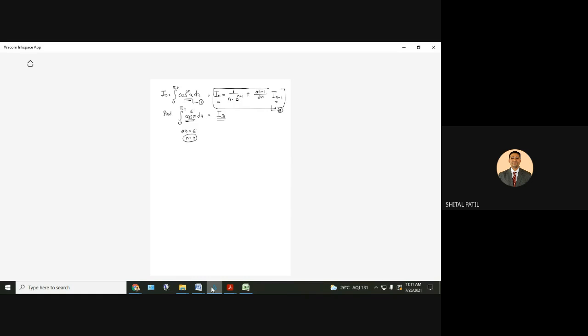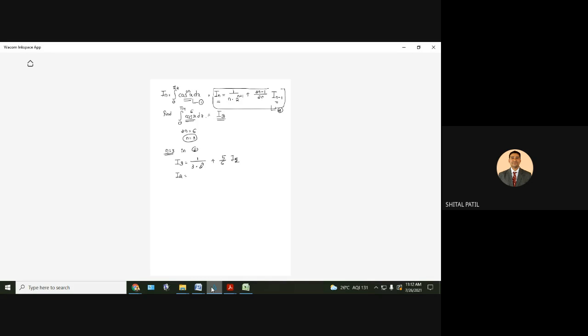Okay. Let me continue. So I3. So I'll start with n equal to 3. Substitute n equal to 3 in 2. So it is like this. I3 equal to 1 upon 3 into 2 raised to 3 plus 1, so 2 raised to 4, plus n equal to 3, so 6 minus 1, 5, 5 divided by 6, I5. N is 3, sorry, I2. Now we want to find I2.